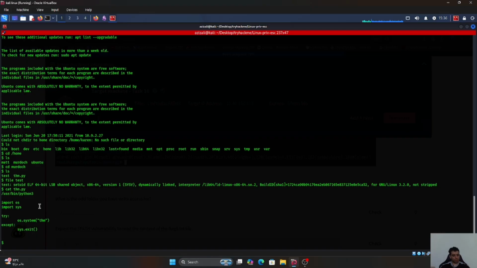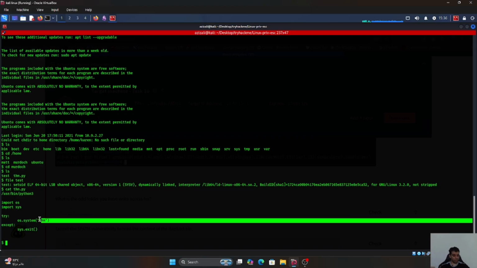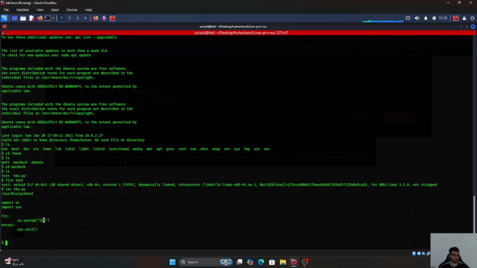Okay guys, so it's simple Python 3 here to just run something, binary called THM, and if you see here, there is no path to the THM, and the system doesn't know the path to run THM. So this is what's wrong with this code. So we're gonna just manipulate the path to make the system run THM. First of all, we need to create THM inside TMP. So I'm going to the TMP folder